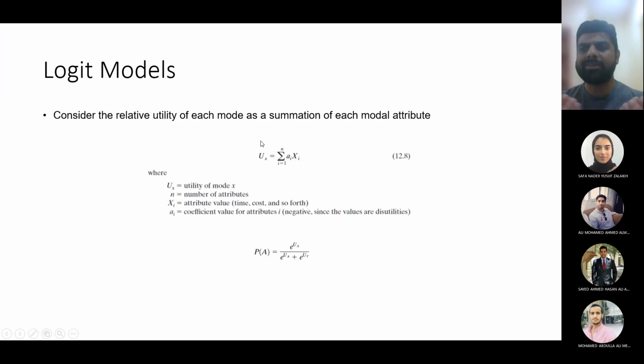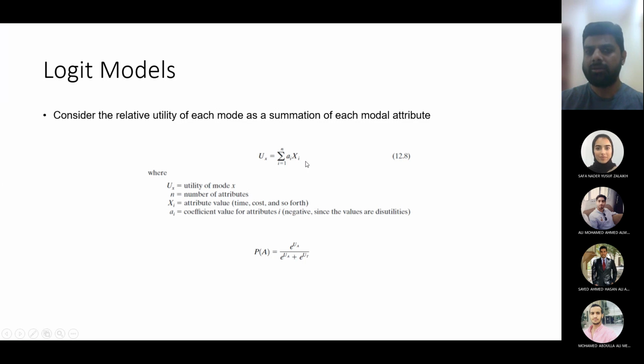Impedance is the weighted summation of things you don't like about a mode, for example, travel time, access time, cost. So the logit model depends upon the utility of the mode. Utility is the inverse of impedance, things which you like about the mode. So for each mode, you calculate the utility function, which you